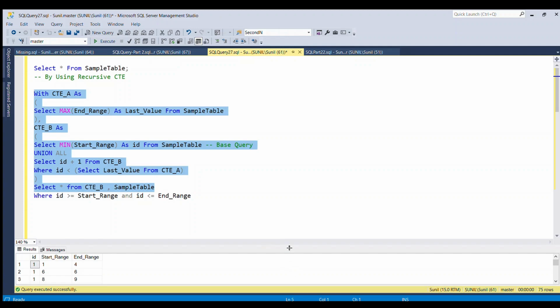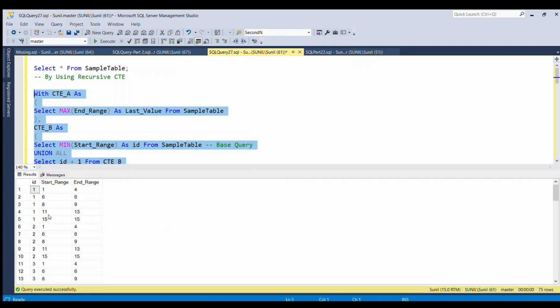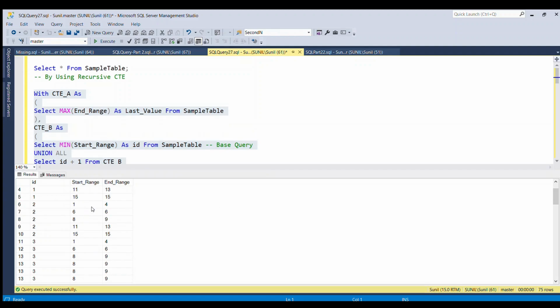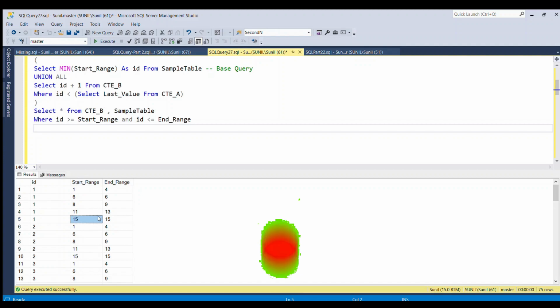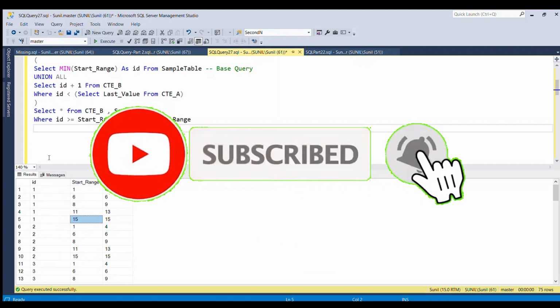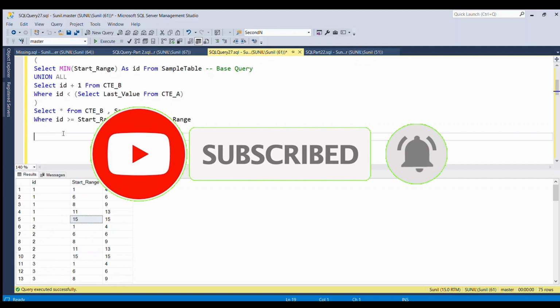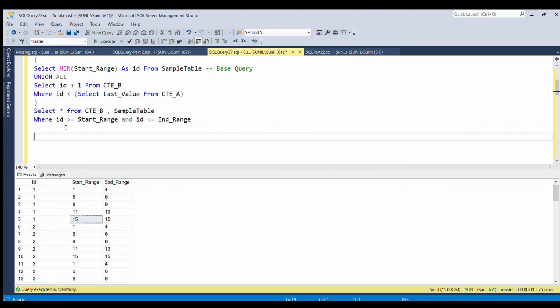You can see all combinations of data are coming. Now in the last step, I am filtering where ID is greater than or equal to start range and ID is less than or equal to end range. Based on these filter conditions, it filters the data and produces only those rows which are needed for our output table. So this is how we can write our SQL query to get the desired result.